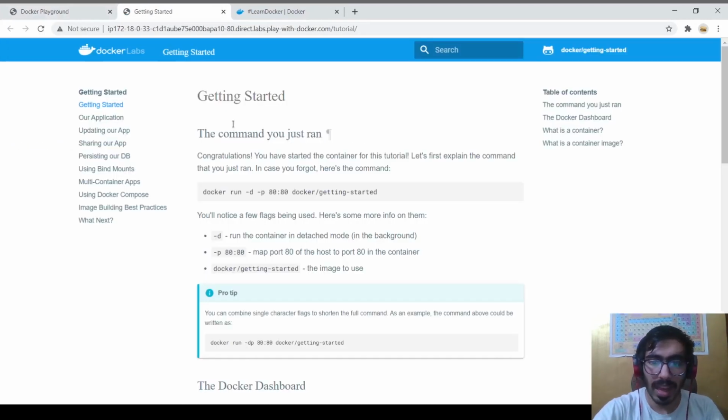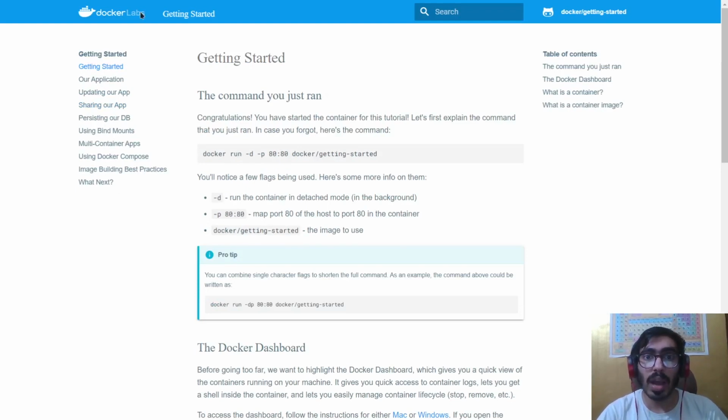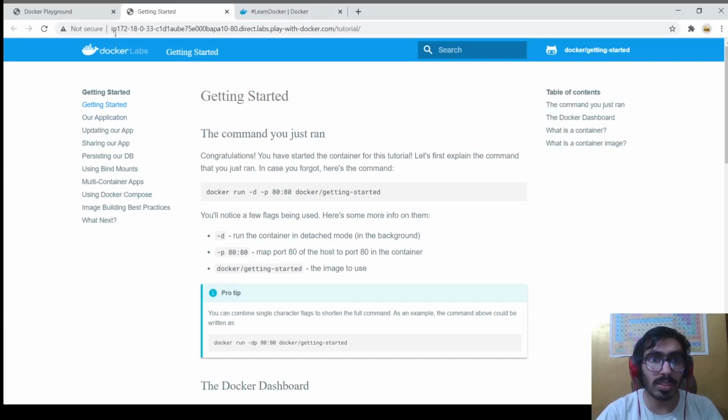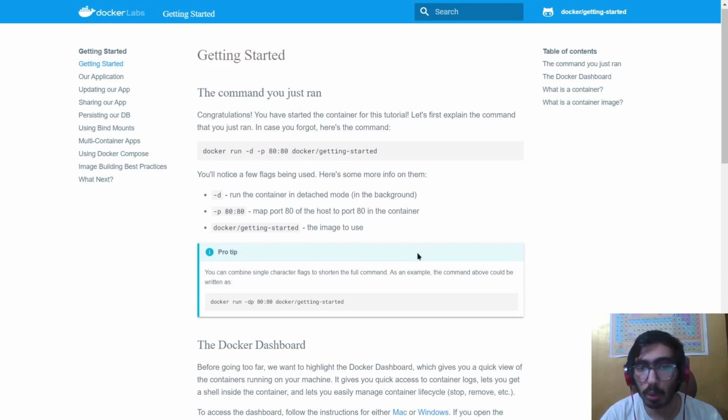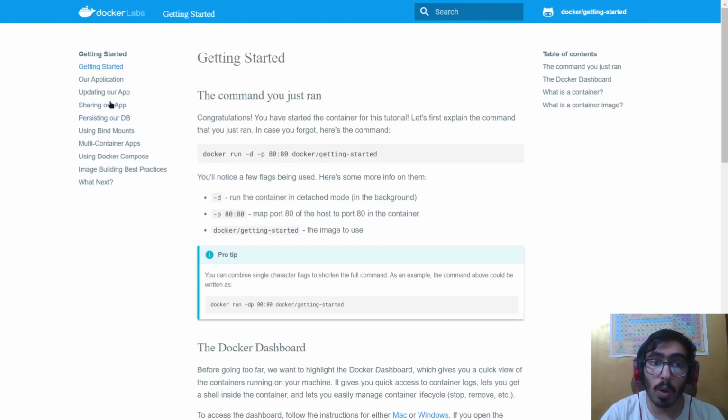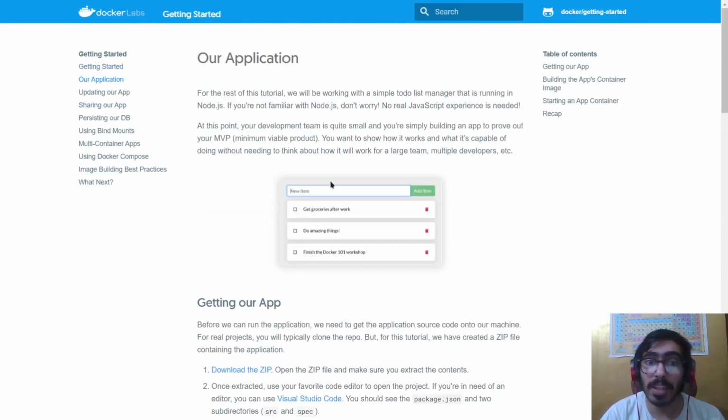As you can see, as soon as I open port 80, I get this page, and you can see that it's running directly on the computer. It's not a website. So it's running from the Docker container. This just explains what we did: we ran a Docker command with -d for detached mode. Detached means that the output wouldn't be visible on the terminal. -p is just mapping the ports, so port 80 of the guest is port 80 of the host. And now we can start creating an application.